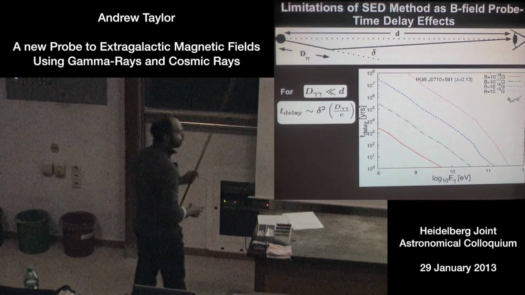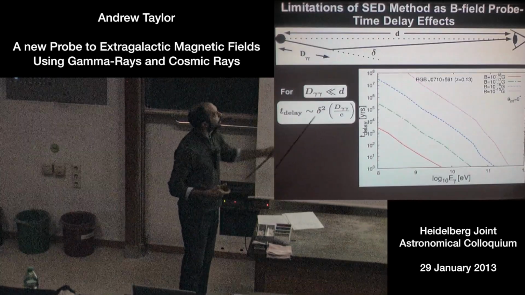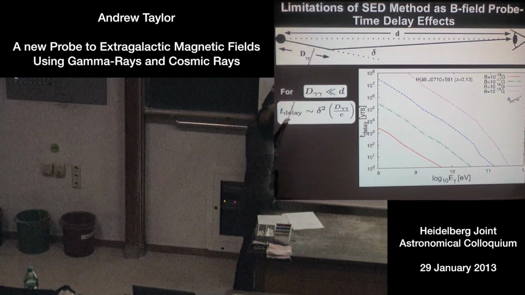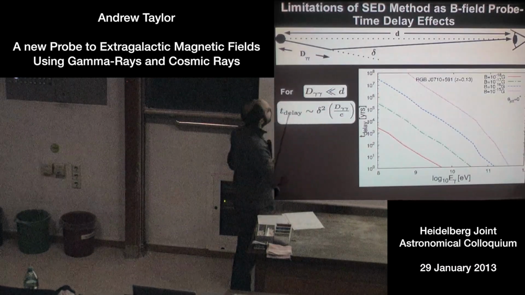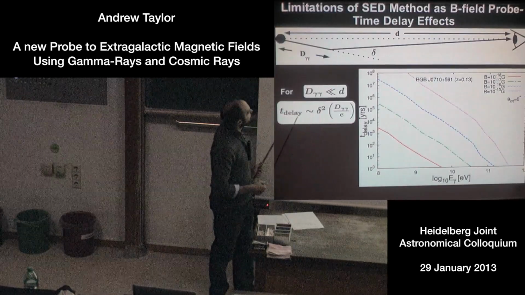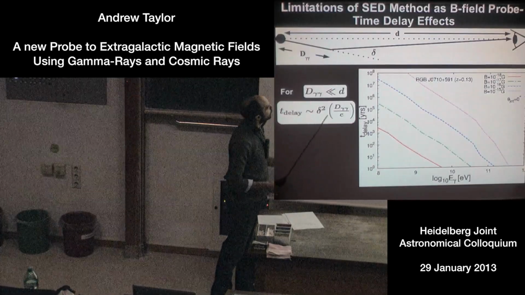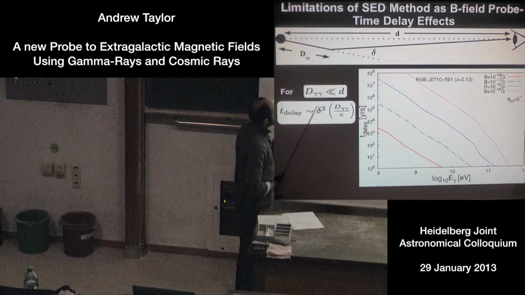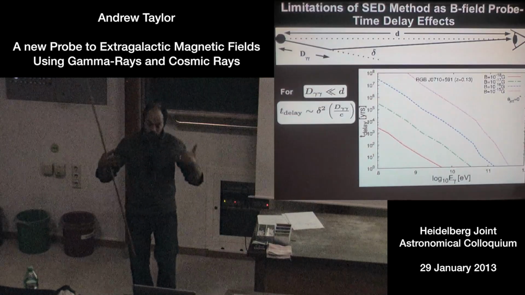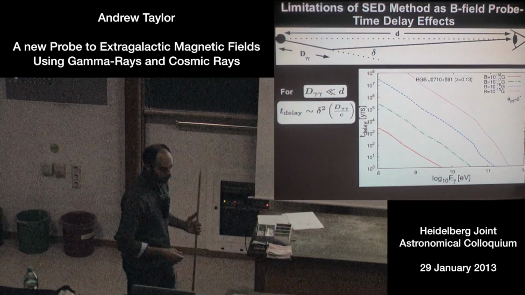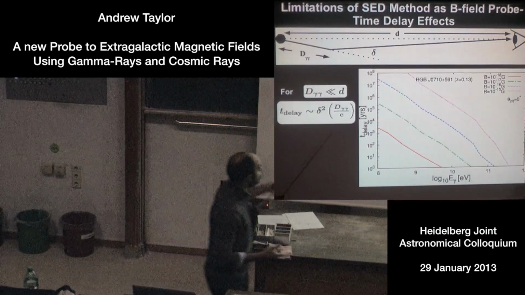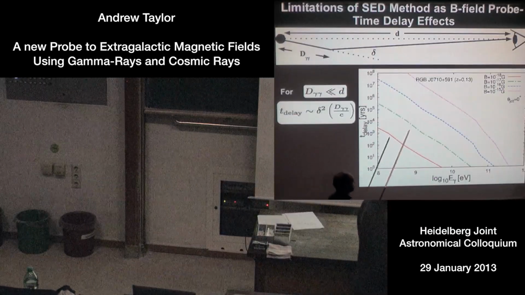So in terms of delays, I drew this triangle here, and of course the straight line path is like this, and the delayed path is like this. So in terms of the time delay that's incurred on going this longer path, you get delays which go with delta squared. And if I don't want to have delays longer than 3 years, longer than I've had these simultaneous data for, I'm not allowed to really go to stronger than 10 to the minus 17 Gauss field strength.